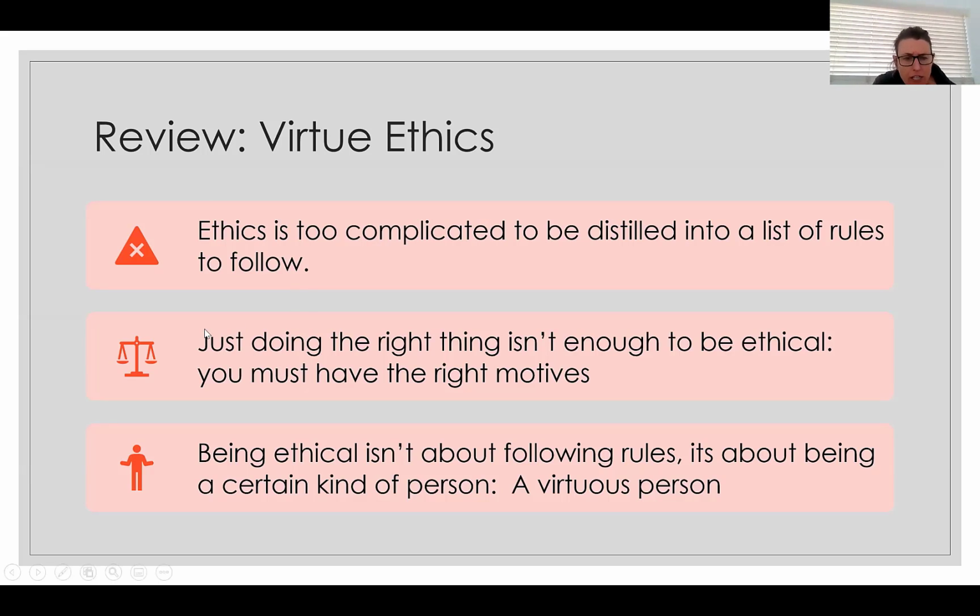Okay, and then here's another point. Ethics has been focused, since the Enlightenment, on what ought we to do, not who should we be. The ancients thought that it was more important what kind of person we were than what kind of acts we perform. So the person we are is more fundamental to ethics than the acts that we do, right? And modern ethics is the other way around. They see the acts we do as the more fundamental part of ethics, and the person we are is less relevant.